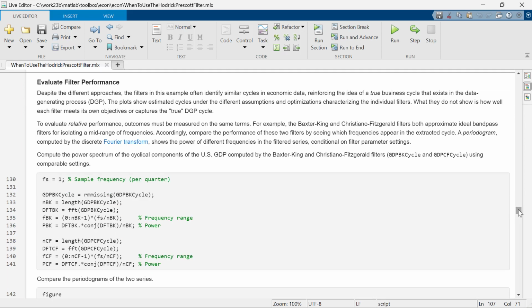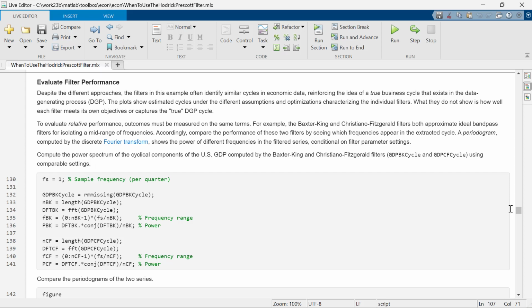All right, so we talked about all four of the different filters, including the two versions of the Hodrick-Prescott filter that are in the econometrics toolbox. We talked a little bit about the history and how they evolved, one trying to address issues with previous filters, how they had different definitions of what the trend component or the business cycle component should be. And hopefully some of that discussion is helpful in choosing which filter you would want to use for a particular application.